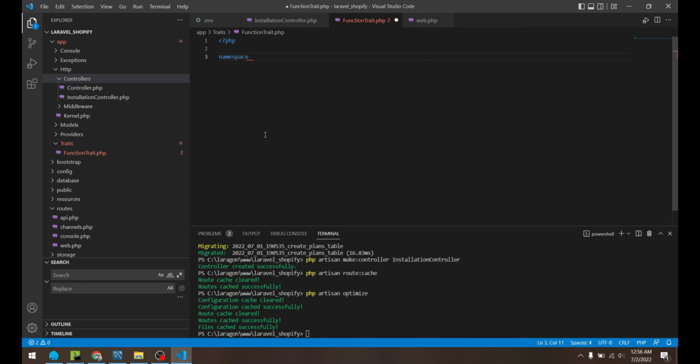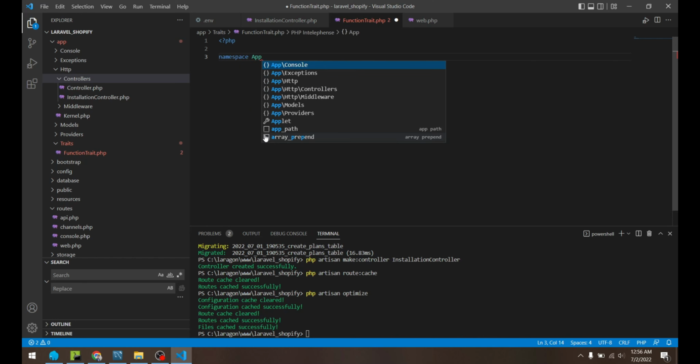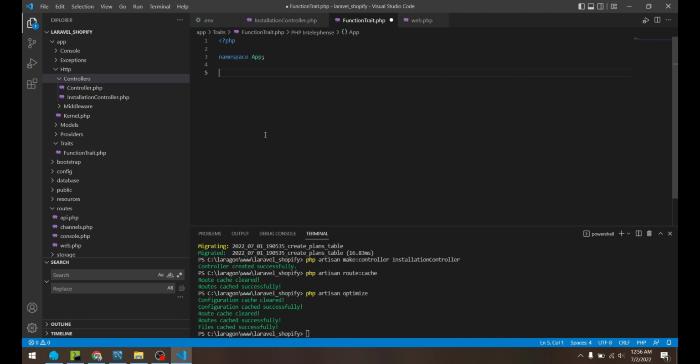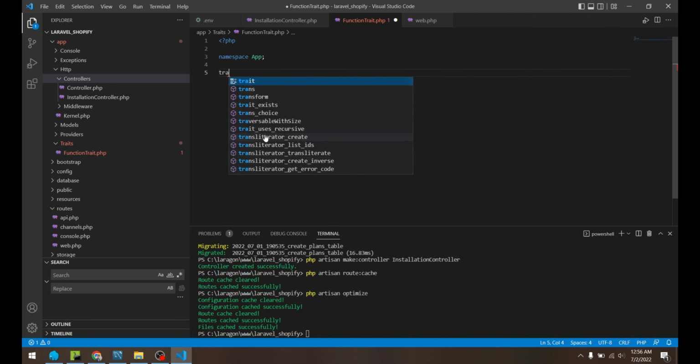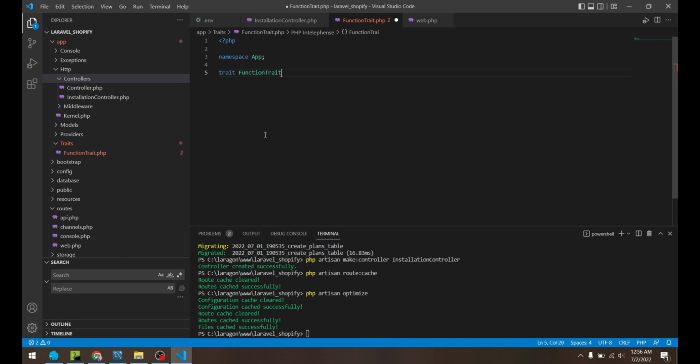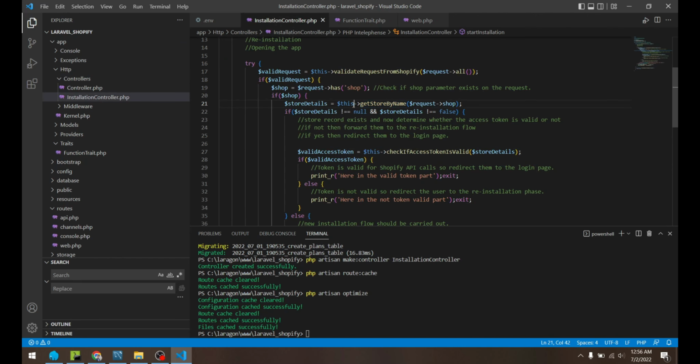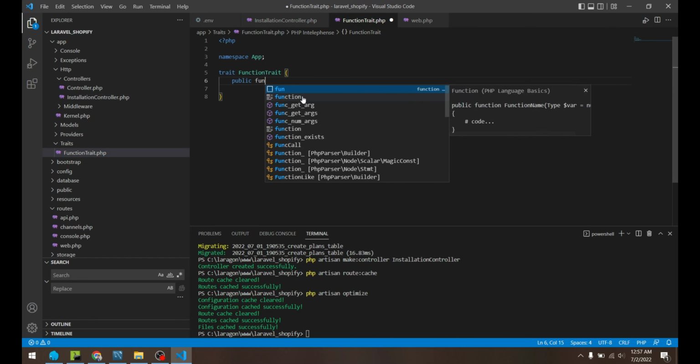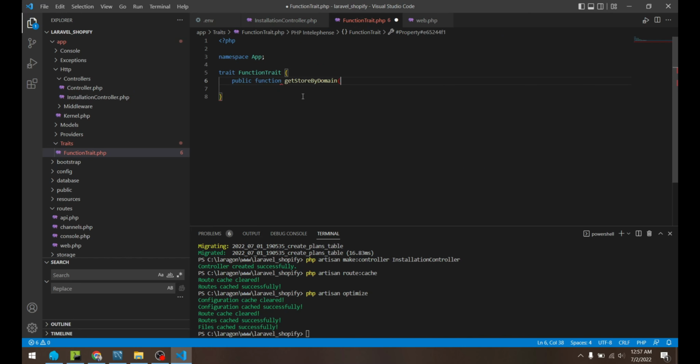So I can do namespace App, then I can say trait FunctionTrait, and now I can define the functions. So let's do this: get store by name. I'm sorry, I should say get store by domain. Public function, and I will pass a shop parameter here. Then I will say return